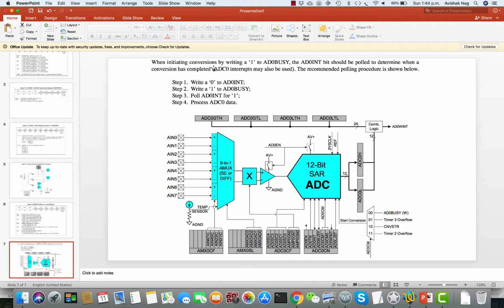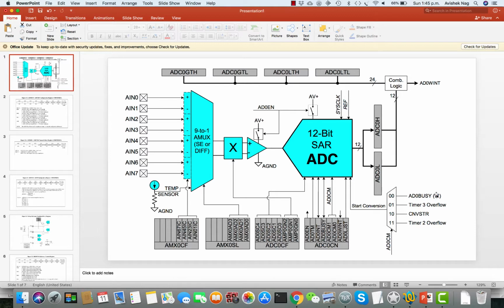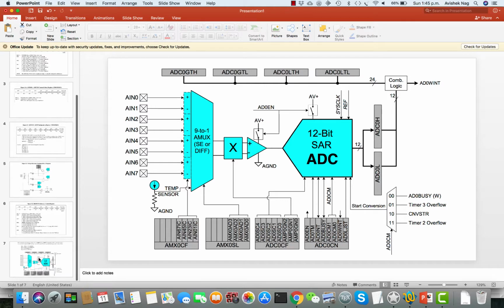So when initiating the conversions by writing a 1 to ADC0BZ, that's what we told before. We are writing a 1 in ADC0BZ and selecting the modes here, ADC0CM1 and ADC0CM0, so that this is 0 0. So this will start the conversion, and then once you start the conversion,